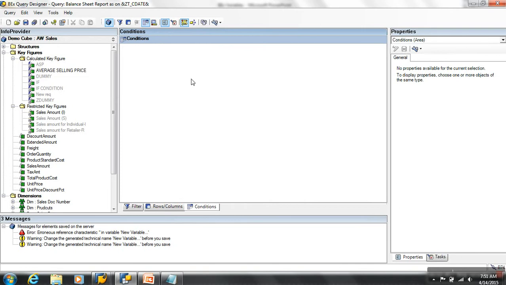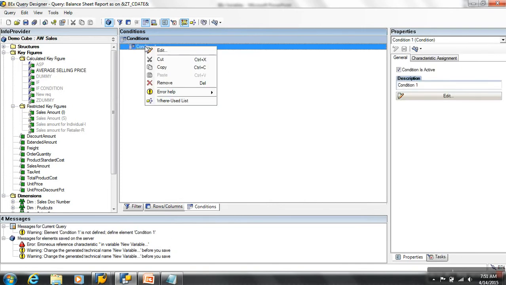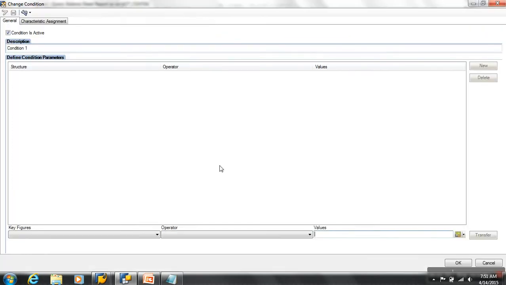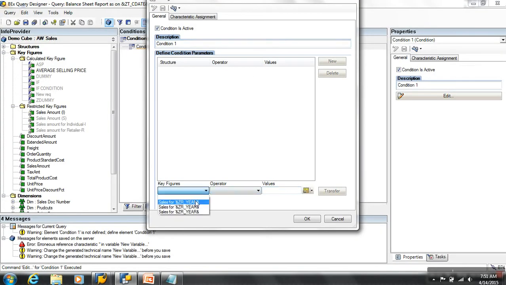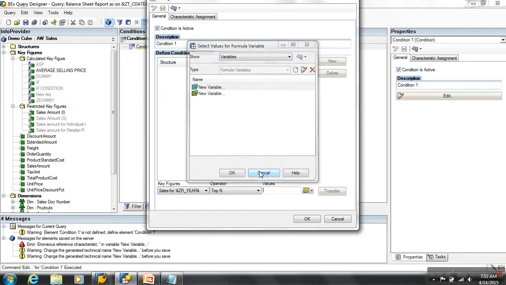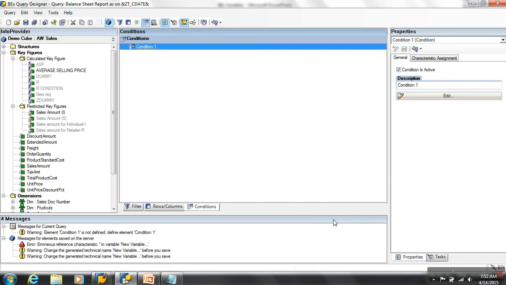Then conditions. You know about conditions, right? Why do you use conditions? When you want to dissect the output based on the characteristic values, you go with conditions. You know how to build a condition. Here, I just want to do it this way. I want to say top n. If I say 5, it shows me what? Top 5. If I say 10, top 10. Now I don't fix it to 5 or 10. I want to give the flexibility to the user. Let him choose whether he wants to see 5 or 10. Then instead of fixing 10, I must make it a variable. What variable is this? I can make the conditions dynamic by using a formula variable. That is one more option.